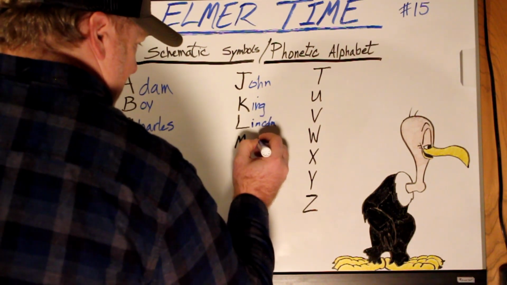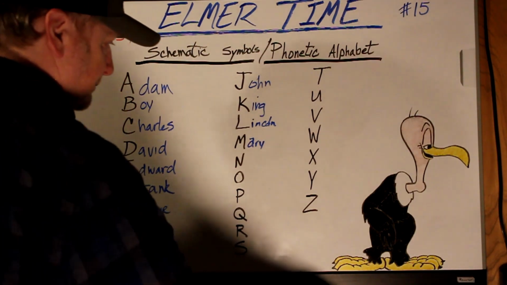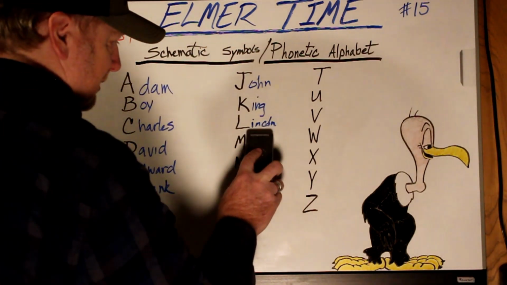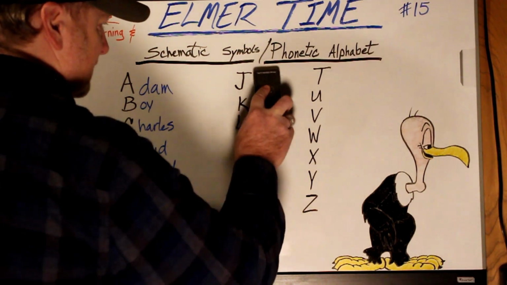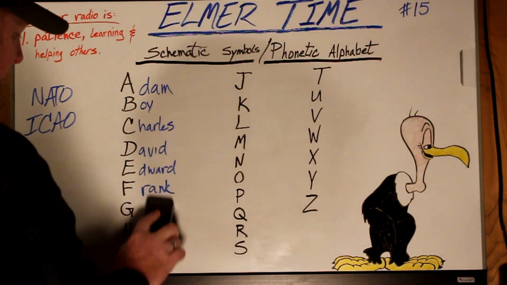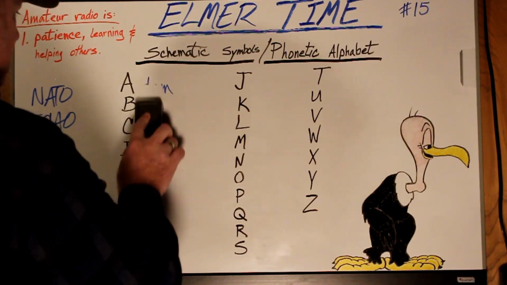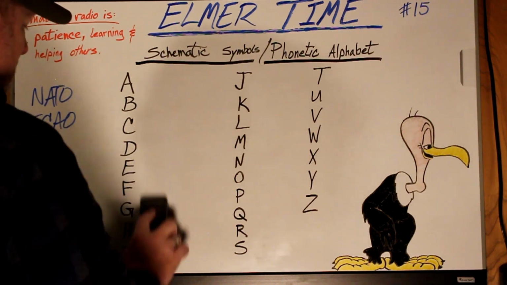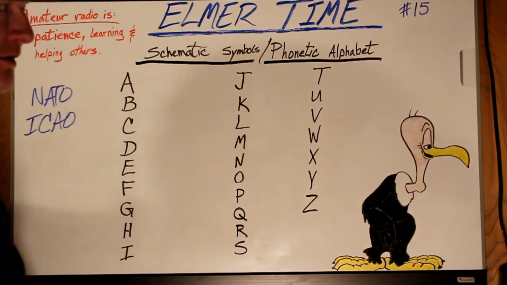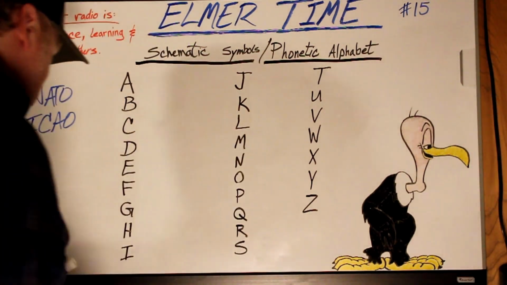Anyway, what I'm doing here, this phonetic alphabet is for law enforcement. Law enforcement has a different phonetic alphabet. And at least they do here in the United States. It's most likely everywhere else. But for amateur radio communications worldwide, for military, for aviation,